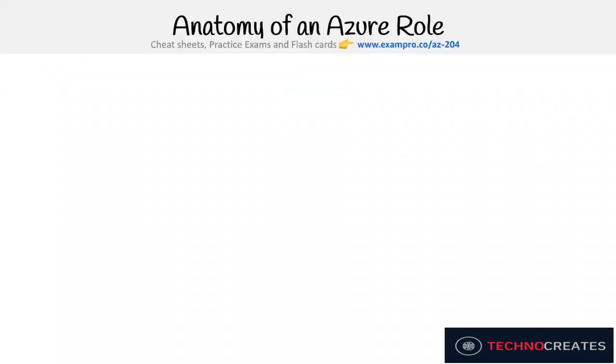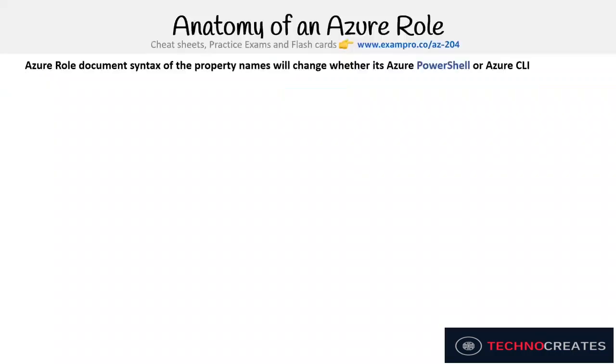So let's take a look at the anatomy of an Azure role. And as you saw in the previous slide, it does cost money to have the privilege to create custom roles. You'd need an Active Directory Premium version 1 or 2. But it's still a good practice to take a look at what the contents of an actual role is, because you can actually look at the managed roles, open them up, and see what they do. And you should really look at them